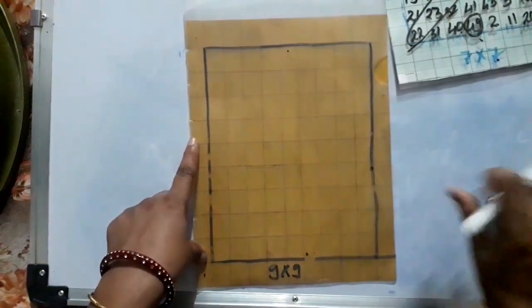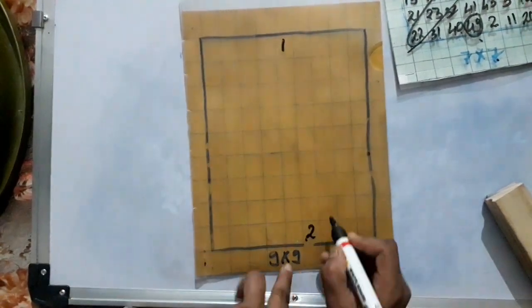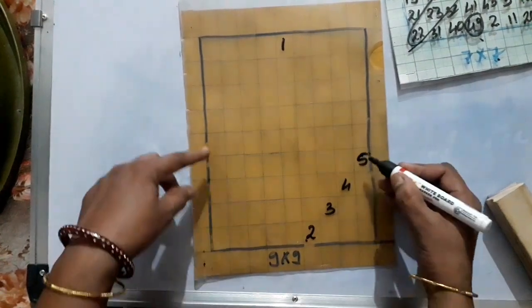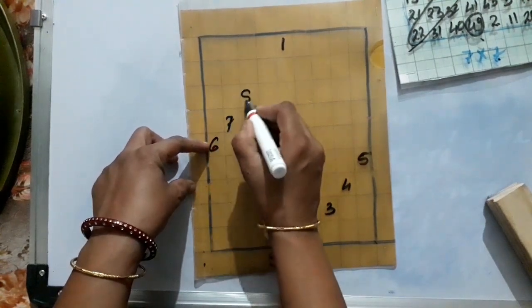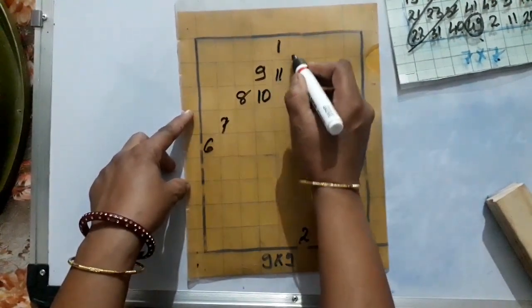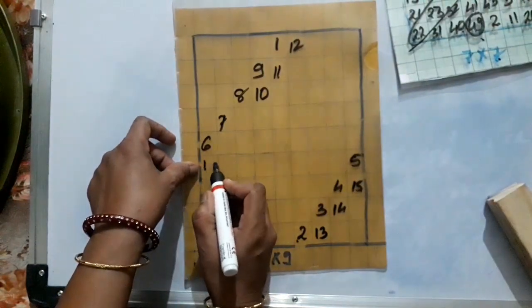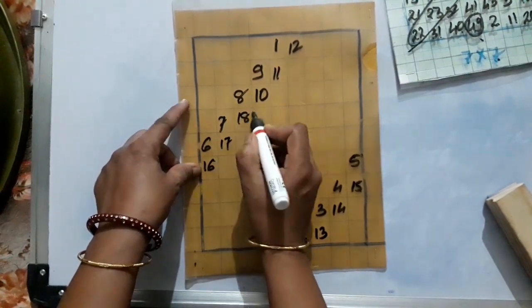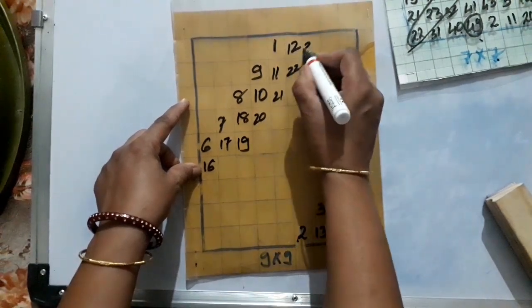So here we have again with the center square 1, then 2, 3, 4 and 5. 5 is here, so I need to move to the left side, write 6, 7, 8, 9, no space in the diagonal, so 1 square down, 10, 11, 12. Now I have reached the top, I should move to the bottom part, write 13, 14, 15. Now 15 is here, 16 I should write here, 17, 18, no space over there, so 19, 20, 21, 22, 23.